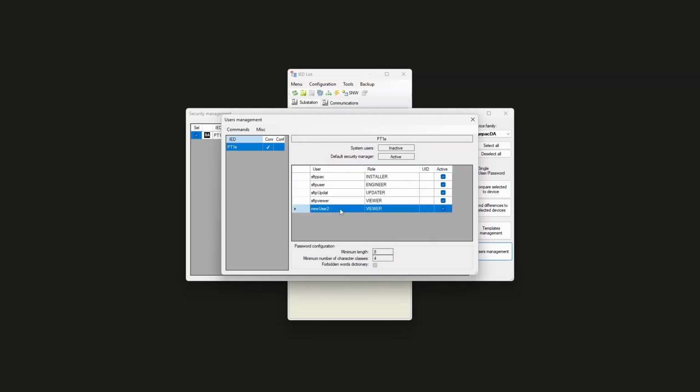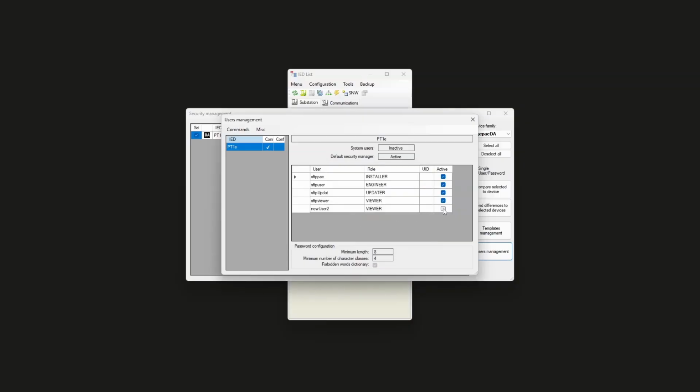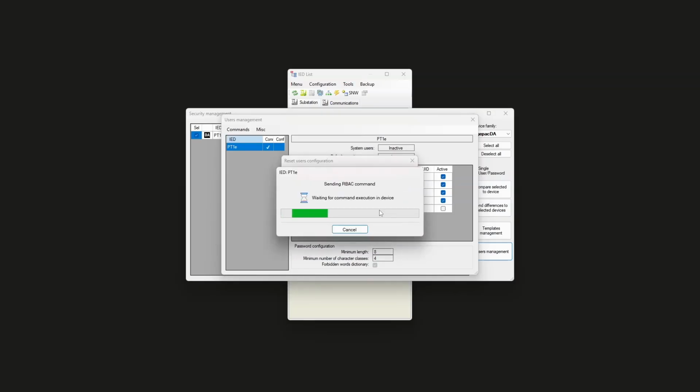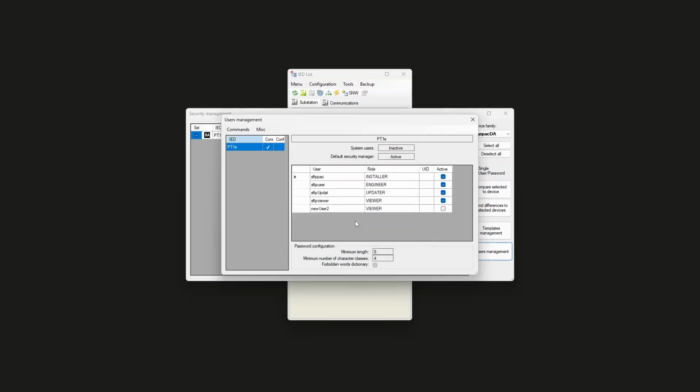If we want to change the password, modify the role, or delete a user, we must first select the corresponding user in the table. We will block the new user. As shown, the active checkbox corresponding to New User 2 becomes unchecked, indicating that the account is blocked. We will also execute the configuration restoration command. This command requires retrieving the restoration code from the IED and then sending it back to the device to confirm